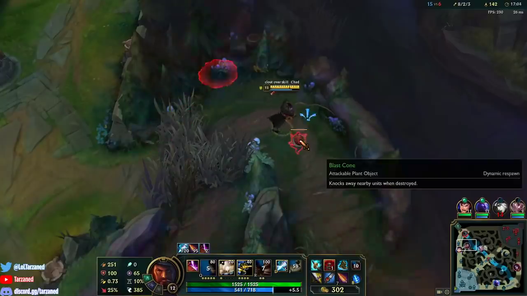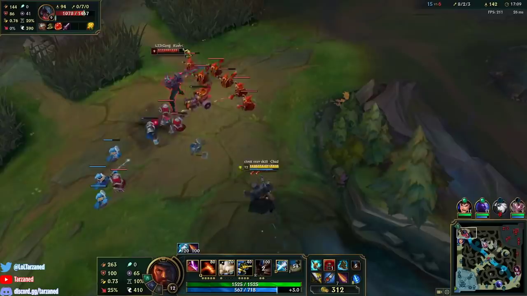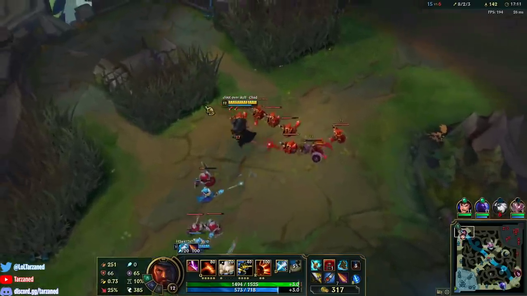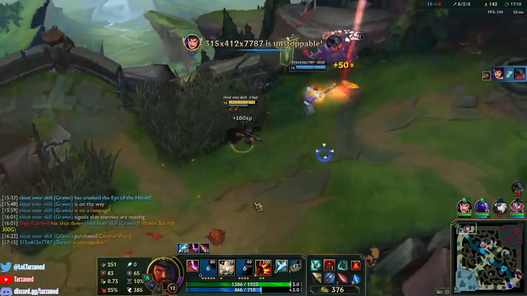Look at that XP. Okay, watch this. When I auto this guy, look at his movement. 390 MS. Dude. Actually just can't move. I'm not even smiting him because he's dead, but